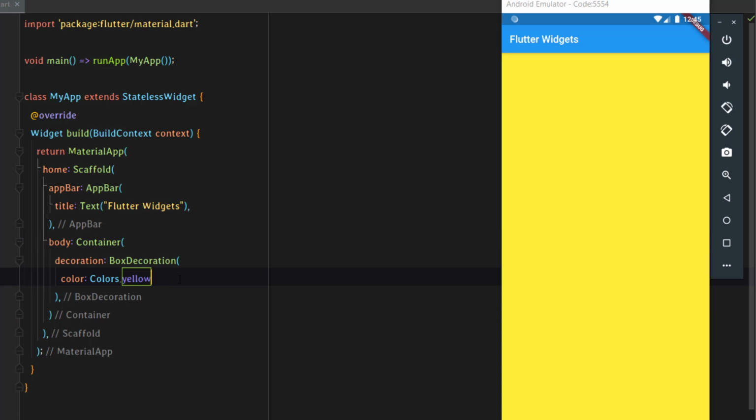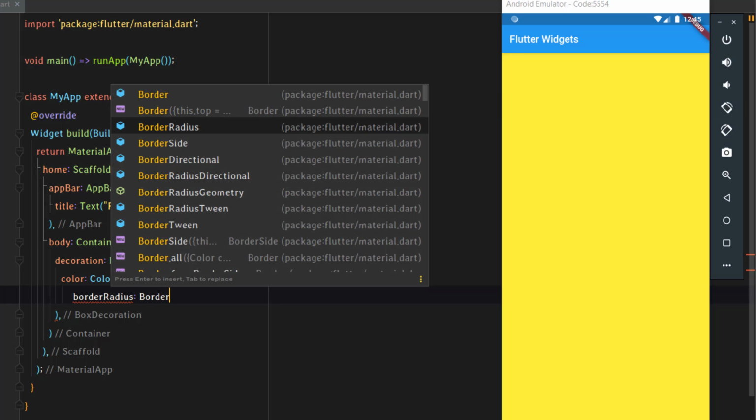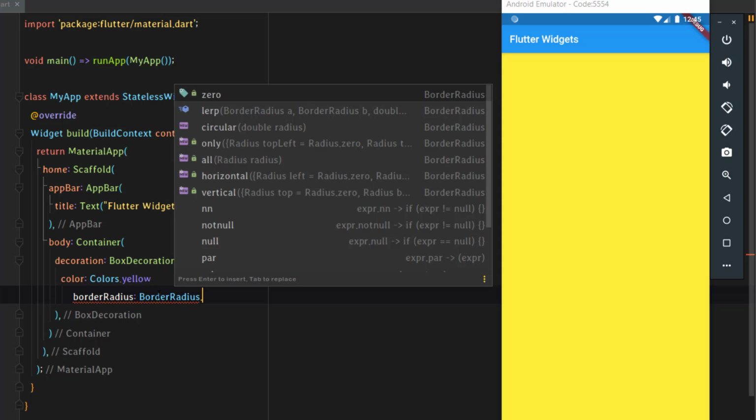Now we'll add border radius so that we have some circular radius on all four corners. Add this parameter borderRadius, and this takes a class called BorderRadius, and after this BorderRadius keyword just add a dot and you will get these options: zero, lerp, circular, only, all, horizontal, vertical.